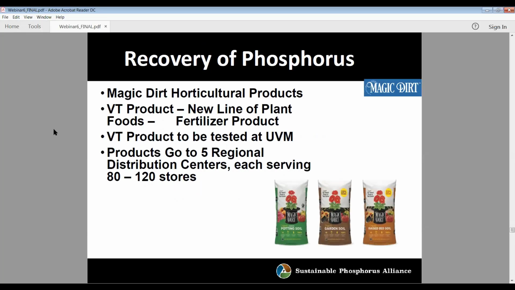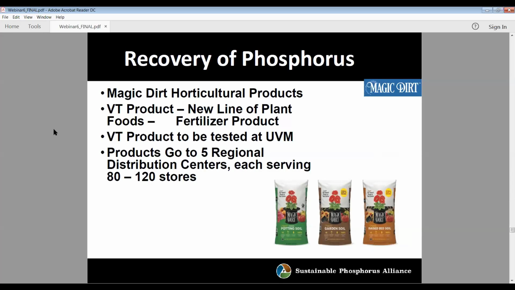Right? The group that is developing this into a product that we are working with is a group called Synergy. They have taken the primary solids from DVO digesters and turned it into a very successful retail product called Magic Dirt. We are looking to create a Vermont product, a new line of plant foods, right? It's a fertilizer product. And in order to get to how it performs, we are working with UVM in the first grow testing